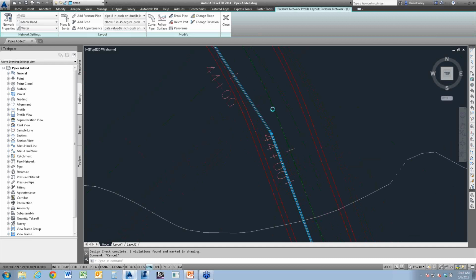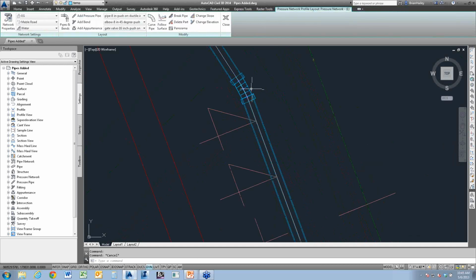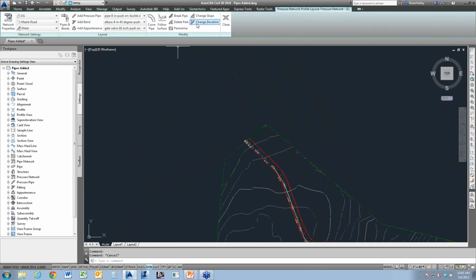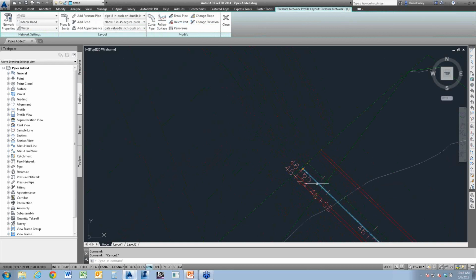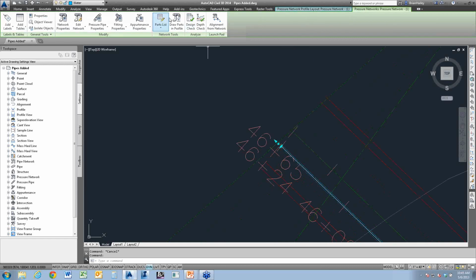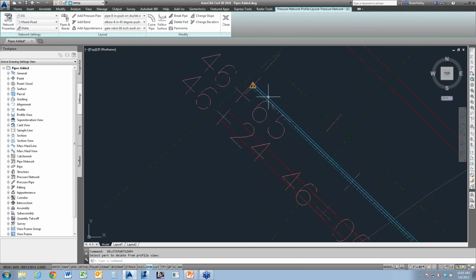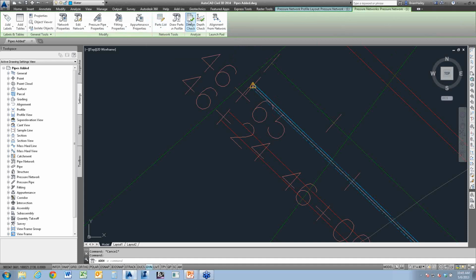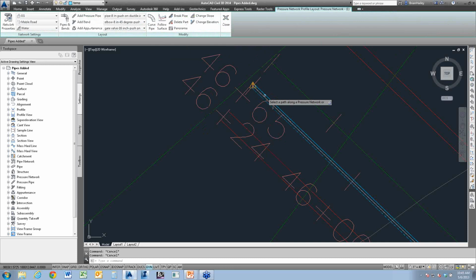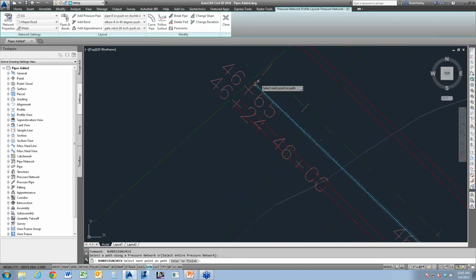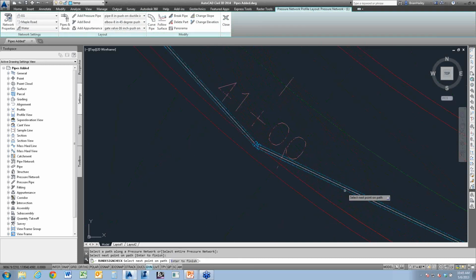Now let's see if I can find one that actually has a problem. You can do this to a range, so I want to do my design checks, but I want to do it to a range. Let me try this one more time. Design check. Cancel out of that. Enter, repeat the last command, and let's just do the designs from there to, say, there.